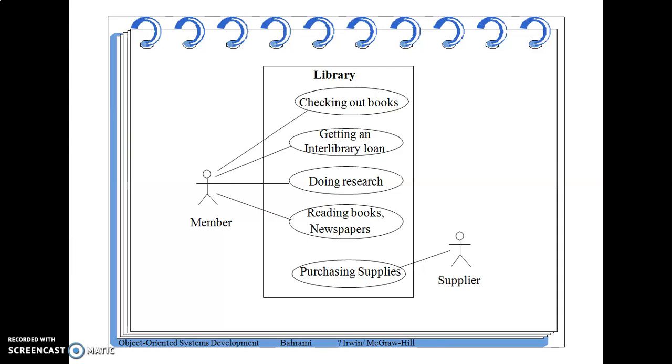Then whatever reading books, newspaper reading, these are the main activities done by the member. And what is the function performed by the supplier? That is purchasing supplies. Okay, these are the two main actors for the library use case.